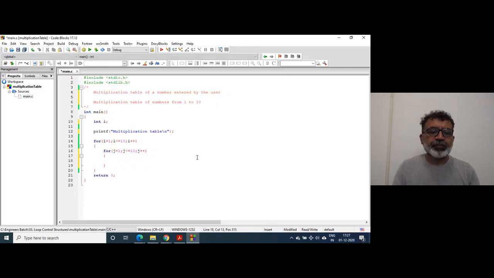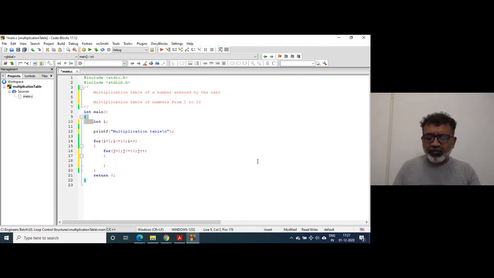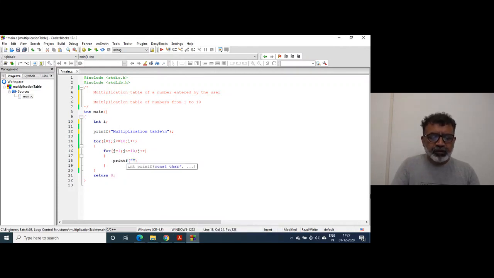So you have to go for the nesting. Some kind of matrix is going to be there. I can declare a variable here, but that is not necessary. I will write printf %3d, and after it i into j. That's it. I think it should work.